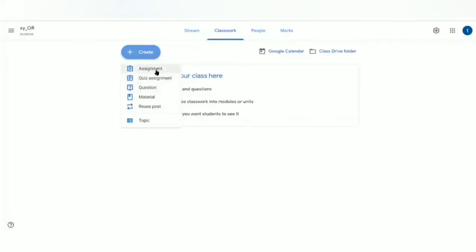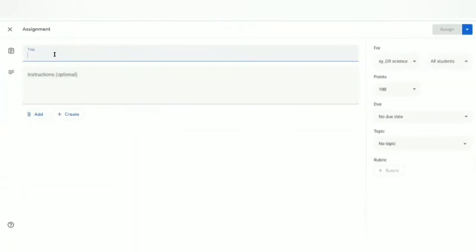So if you click on assignment, let us see. So you can give assignment 1, suppose assignment 1. And actually if you have any assignment ready, which is a Word file or an Excel file, you can attach it directly, which is saved on your device, or you can create that online also.